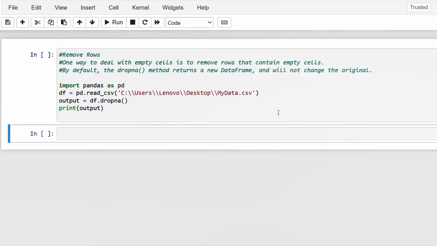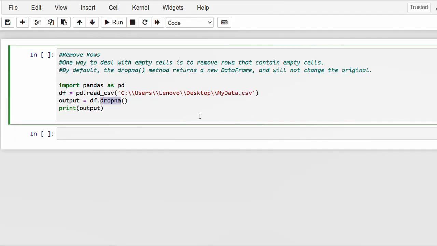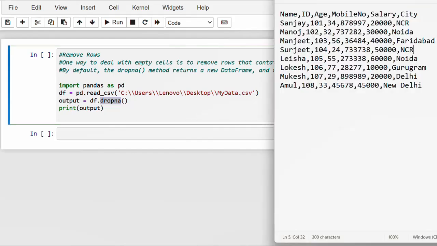Sometimes you have a CSV file, and in that CSV some values are missing, but you do not want to display those rows with missing values. So you can use the dropna function. It will find the missing values in the whole table, and wherever it finds a missing value, it will skip that particular row. So first of all we check this table. We have this data in this CSV file,